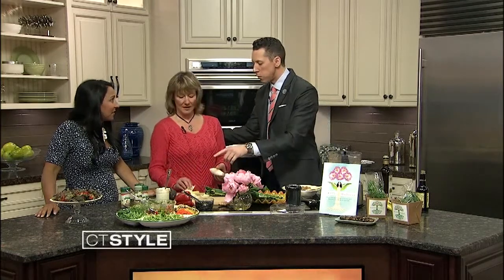This is the other fun thing you can do. These are called endive leaves, and you get the little organic ones. And if you want to make a really cute appetizer, you could fill those up. We're actually going to show